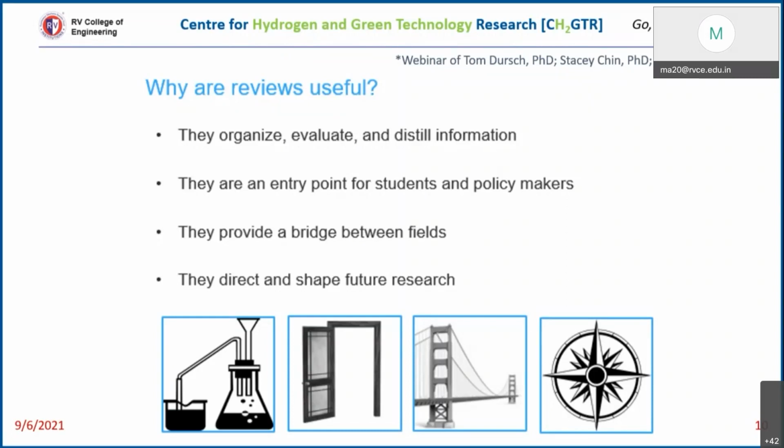There is an overlap in the information, but today what I'm going to speak about is the editor's viewpoint: what are their expectations when you end up publishing a review article, right? A review article in general should be organized. It should be an evaluation of the work that is already published, and it should distill information for you, right? So it's like an extract,